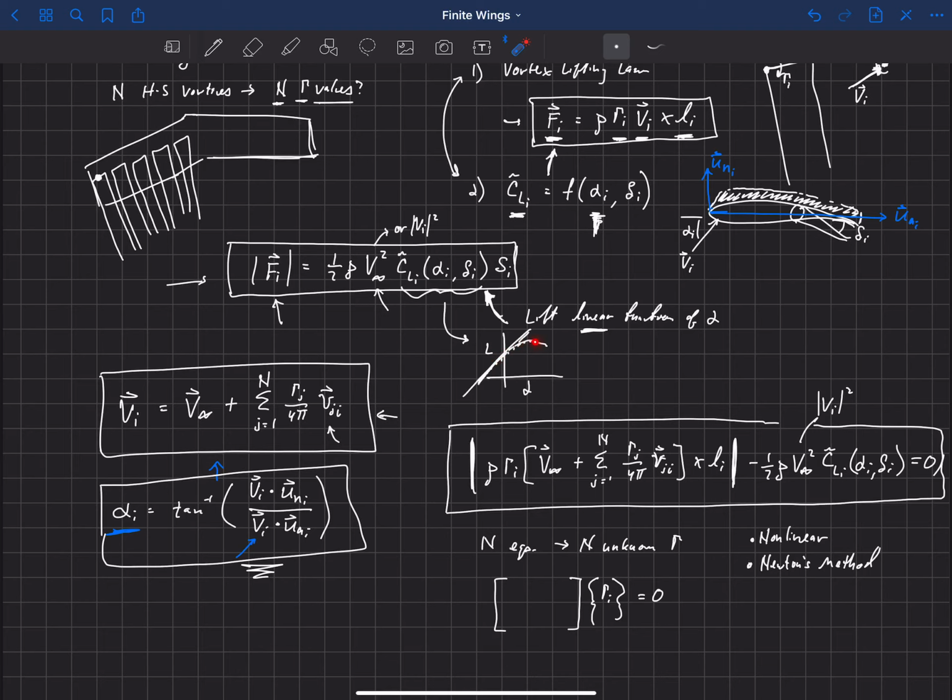So as soon as you get up here near your stall region, then this system of equations is really difficult to solve, and you start to get some kind of weird behavior as you move over here. And so that's why I say that it's really good for predicting kind of stall onset. You can kind of capture this nonlinear region here as you approach stall, but then once you pass stall, this method really isn't very good for predicting what's going to happen post stall. Now, that could be changed. Maybe that's an area of research that somebody could undertake, trying to get this to work at higher angles of attack to better capture stall characteristics.